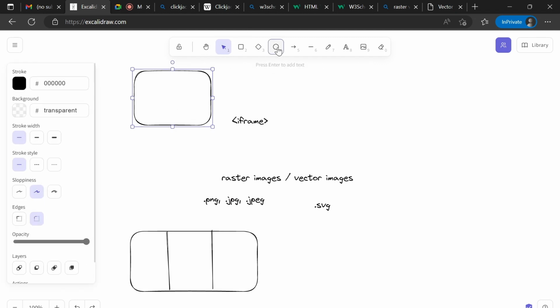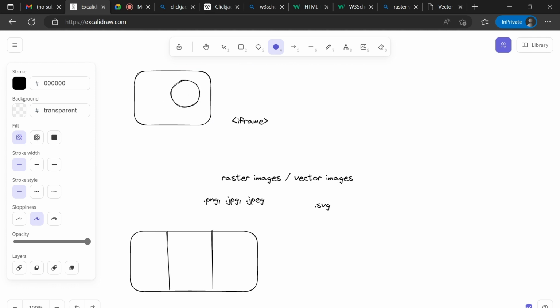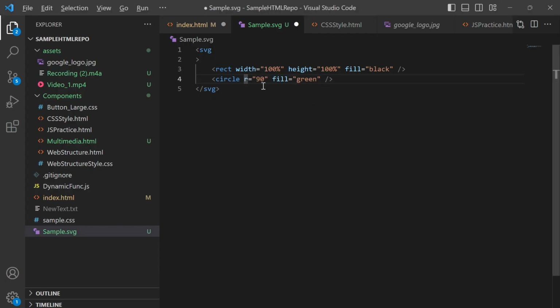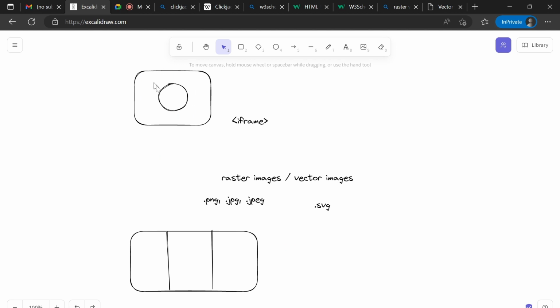So we have this rectangle, and then we want this circle inside this rectangle. As this rectangle will take the whole space, 100% width, 100% height, and I provided a radius for that circle, that is 90. But where should it be placed inside the image? This is the y-axis, this is the x-axis. On the x-axis it should be somewhere here in the middle, and on the y-axis as well, so I need to provide that.